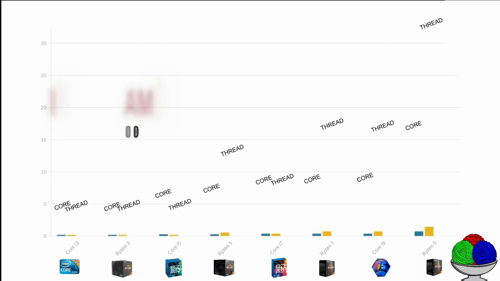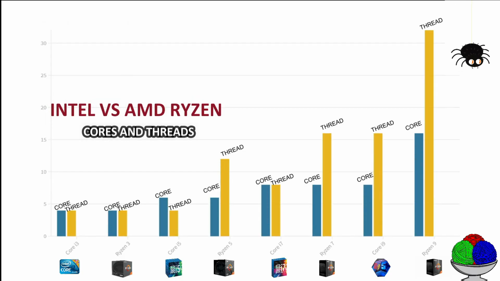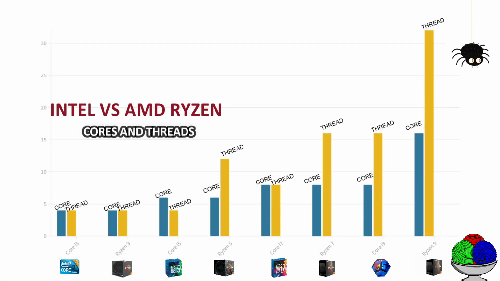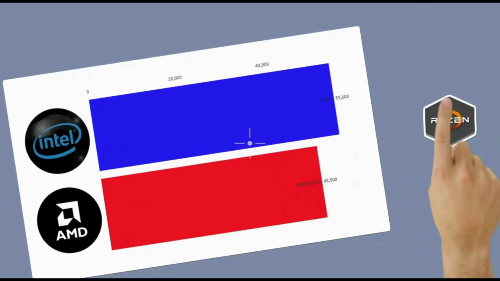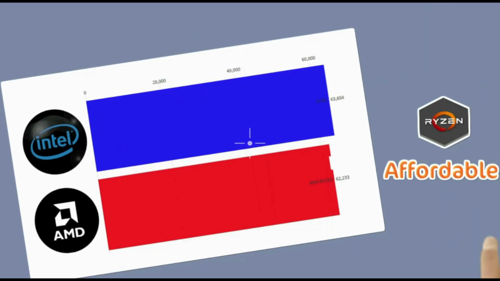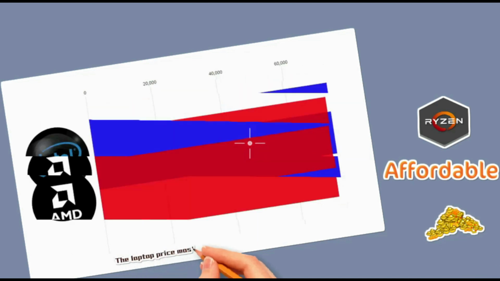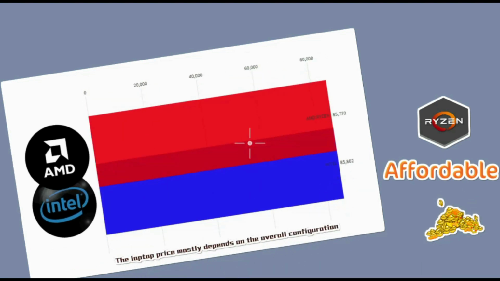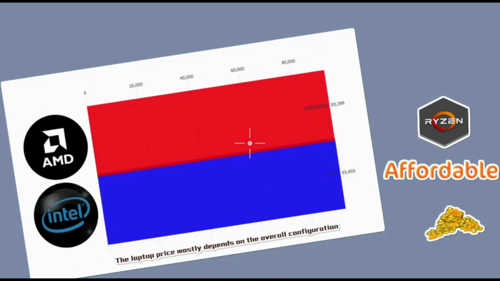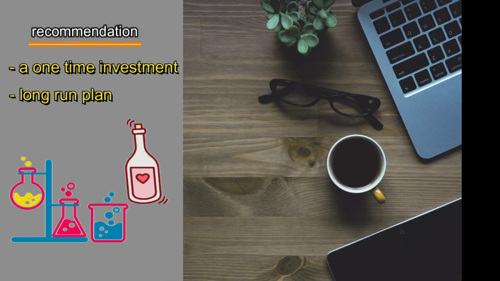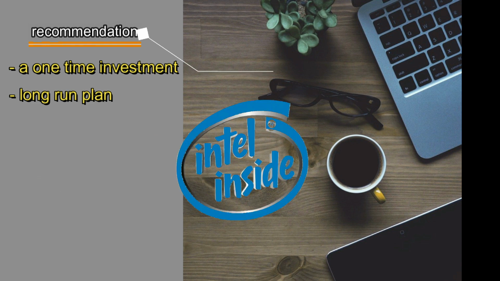Choose AMD. AMD has the upper hand when it comes to cores and threads. An AMD Ryzen is often slightly more affordable than an Intel Core processor, except in the pro segment. In conclusion, we should say that if you have a good budget and don't want to experiment, then go for Intel. Above all, it's a trusted company.